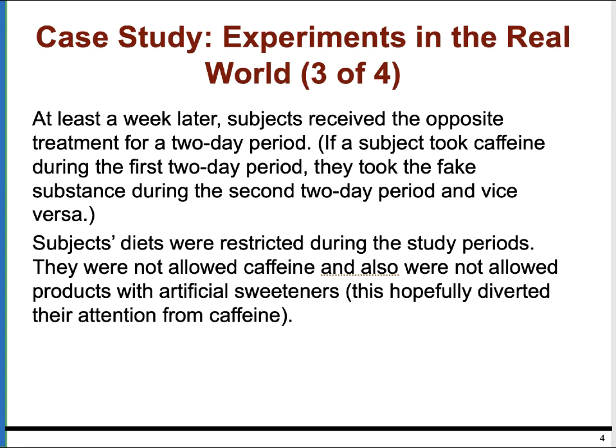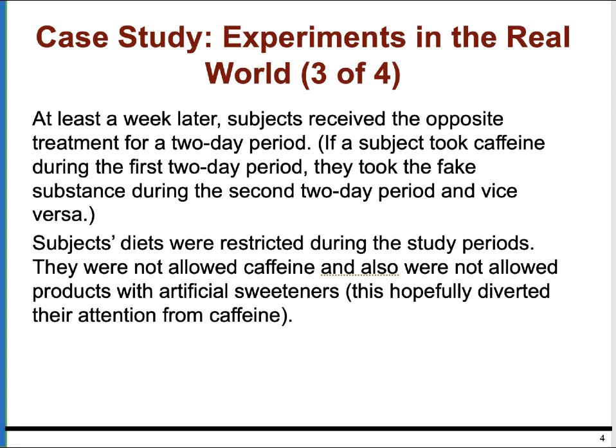They restricted the diets of the subjects during the 2 periods to ensure that they were not getting caffeine from any other source. They also were not allowed products with artificial sweeteners. By doing this, the researchers were hoping that the participants were actually thinking about artificial sweeteners and not caffeine, so that they were not influenced by their thoughts of caffeine. They were hoping that the participants were really not even thinking about the caffeine because they thought the study was